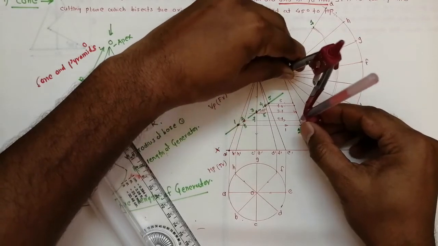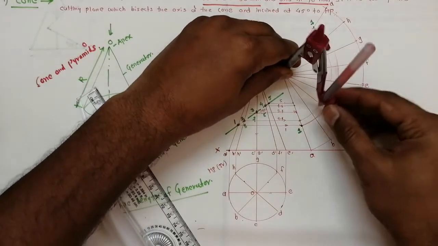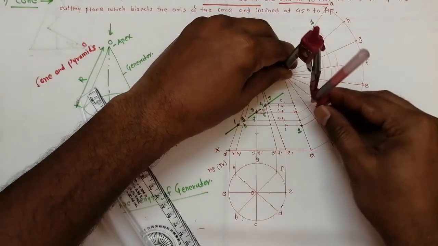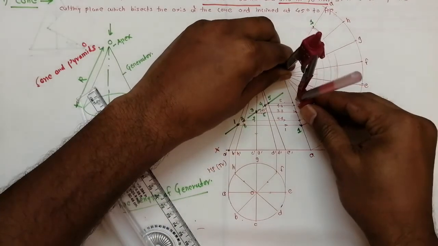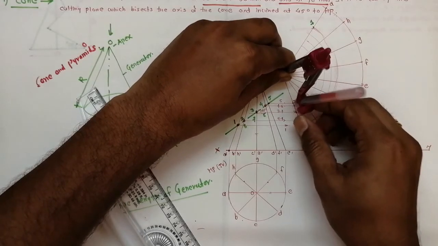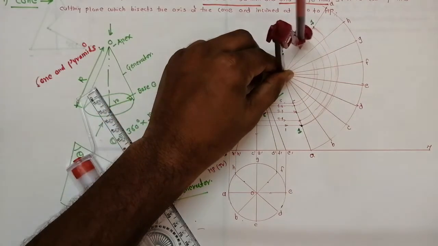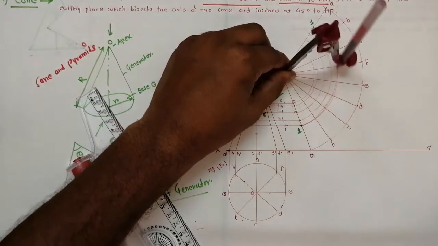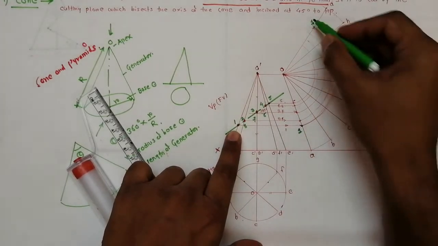Okay, so with O and the second intersection, you draw the arc. Then the third intersection, you draw the arc. Then the next intersection, you draw the arc here, and the last intersection is here. You draw by taking that as a radius, you draw that as an arc. Okay, the first arc is this one, by taking 1 as a radius. Okay, like this. Now this is the intersection 1, so 1 comes on OA.